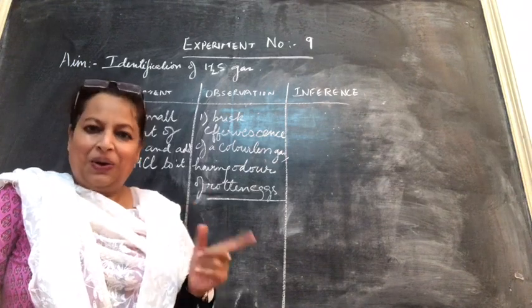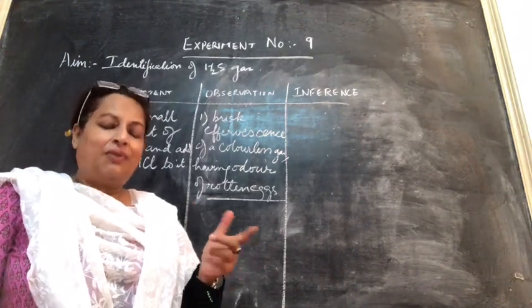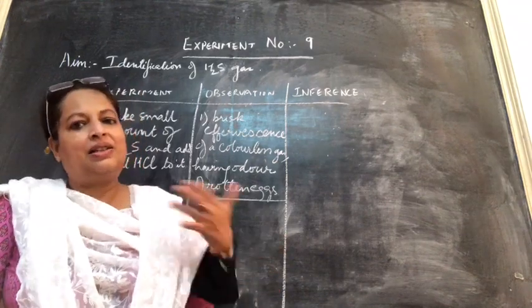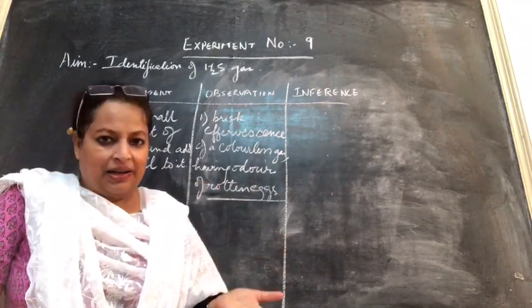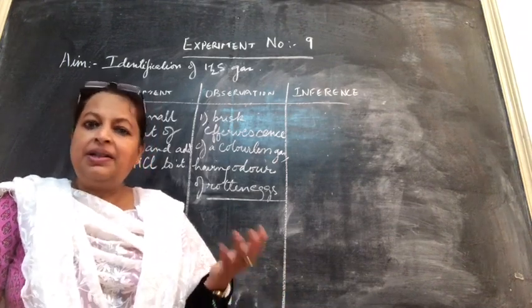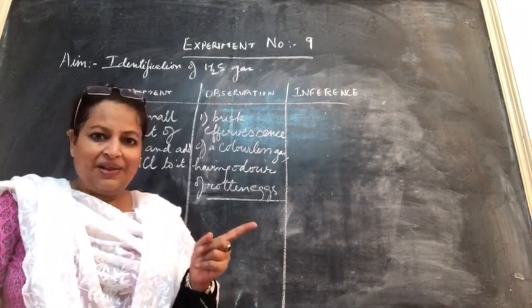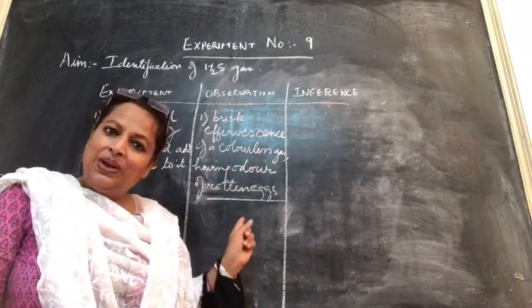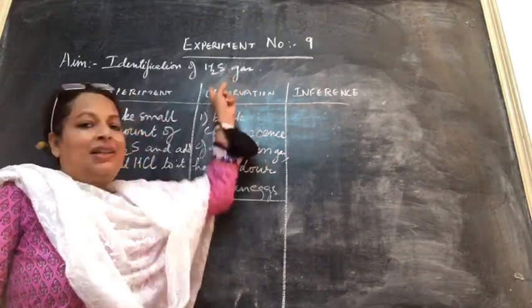Pungent gas cannot be taken as confirmatory test because many gases have pungent odor. HCl suffocating pungent, like that, sulfur dioxide, HCl, ammonia, these are all pungent smelling gas. So that is not the identification feature. But the smell of rotten eggs is only shown by which gas? H2S gas.